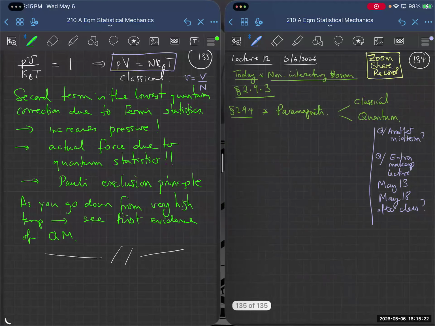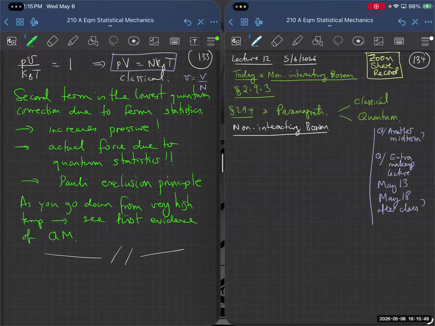And so now what we're going to do is section 2.93 in my printed notes. We're going to apply the same formalism to non-interacting bosons. And so let us get started with that. So now we're talking about non-interacting bosons, and we're going to use the same formula. The main idea is that the grand partition function is the same as for fermions,